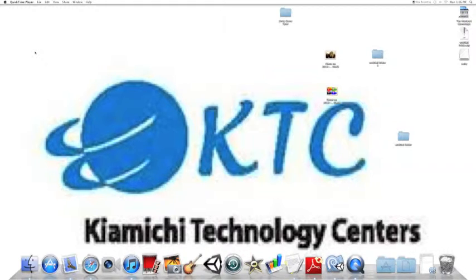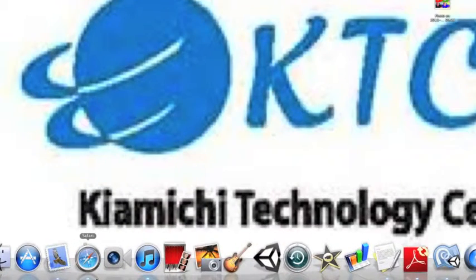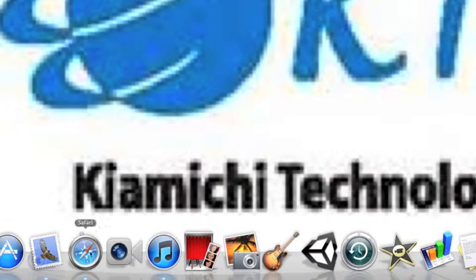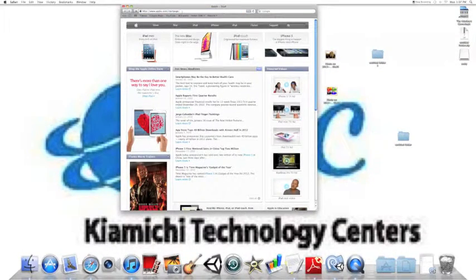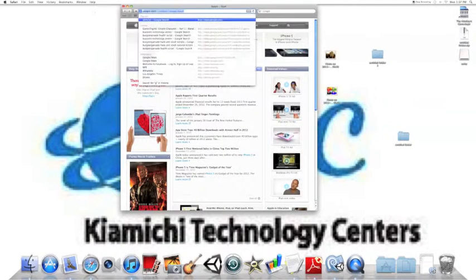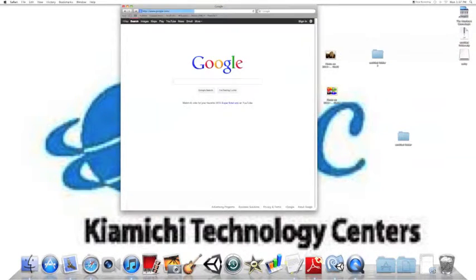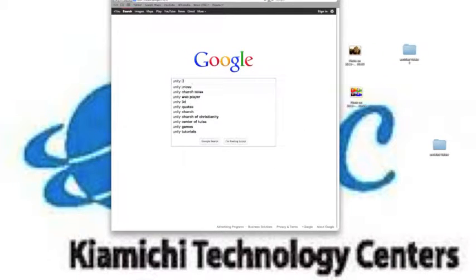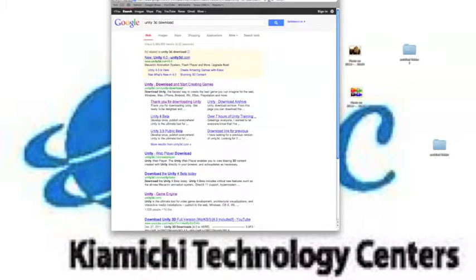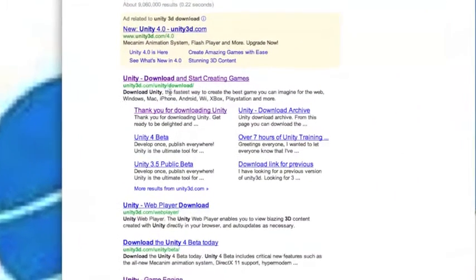Let's get started. At the bottom of the screen you'll need to locate your Safari icon, which will be shown right here. So you've located it, go ahead and click it. Up at the top we'll need to type in Google. Once at Google, we will type in Unity 3D and go to download. We'll go ahead and click this first link, which is